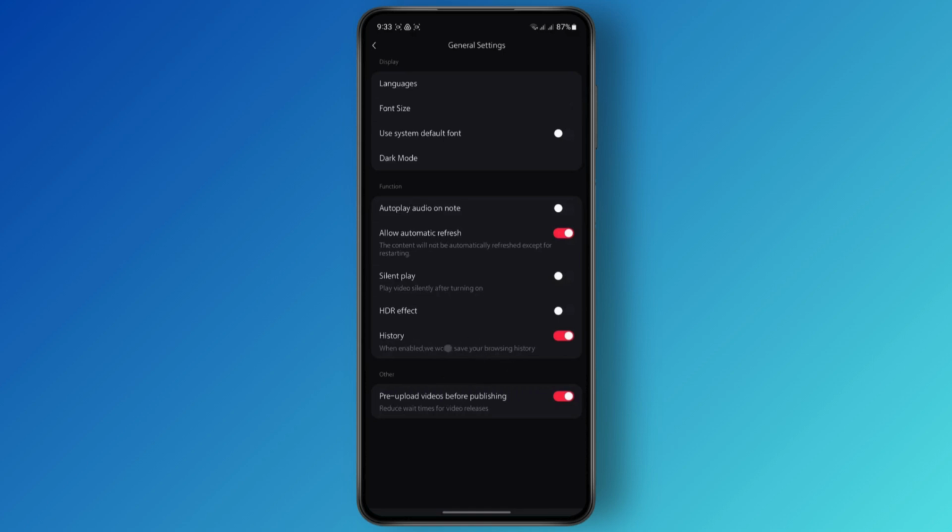When enabled, the REDnote app won't save your browsing history. It's kind of counterintuitive, but when this is toggled on, this feature will show you 1000 notes which you have recently viewed. So if you have turned this on, it won't save your browsing history. And when this is turned off, the feature will show you 1000 notes that you have recently viewed. So that's how you access the history